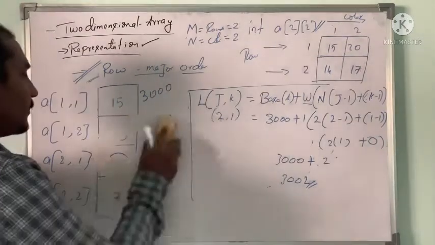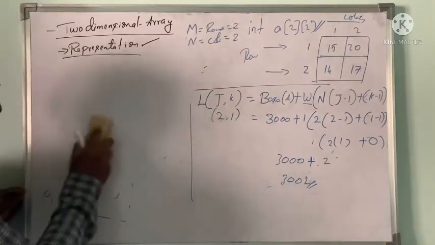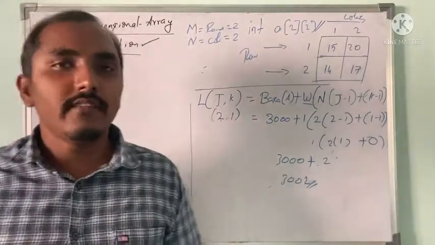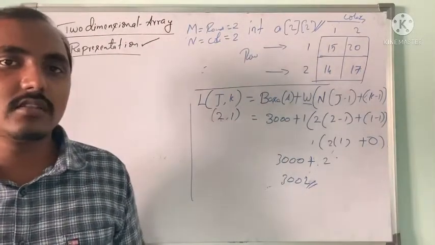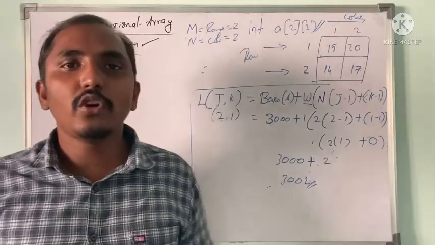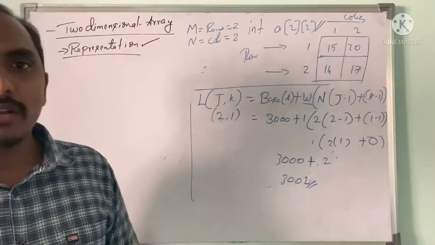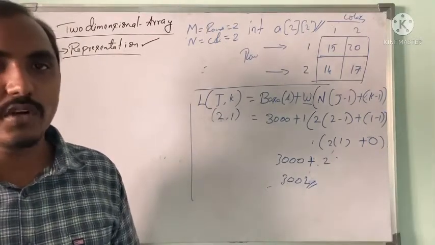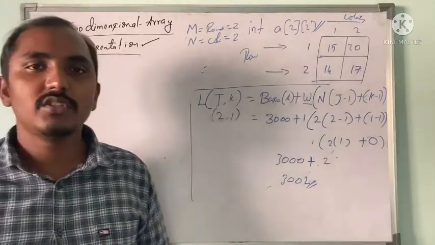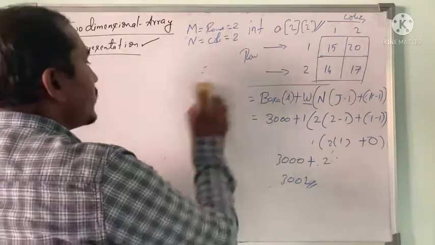And from this chapter, we have completed all the topics. We have completed insertion, deletion, traversal, one-dimensional representation, and two-dimensional representation. In this chapter, the important topics are insertion and deletion, both algorithm and program. The program you can find in the PDF notes that I have sent, and we have representation, which is one of the important topics from this chapter on arrays. Okay, so that is about chapter 4.